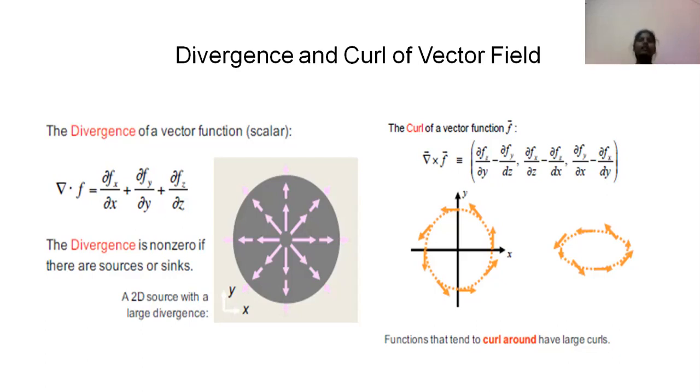And similarly, the curl of the vector function. The curl of a vector is the same operation, del on a vector in the cross product form. Del cross, right? So del cross is the curl of the vector. The physical interpretation of this curl is that it measures how much the vector curls around. Curling is nothing but rotating. So how much it rotates or curls, that is given by this.